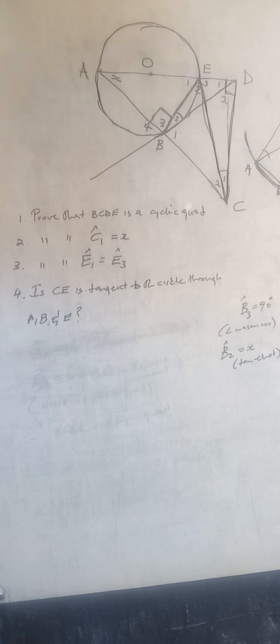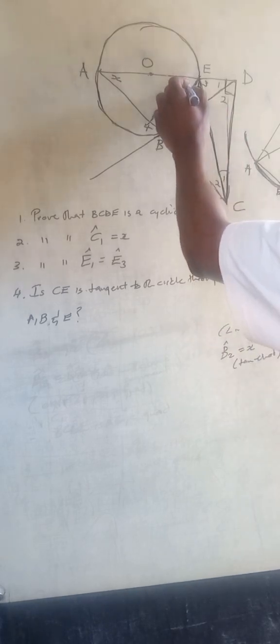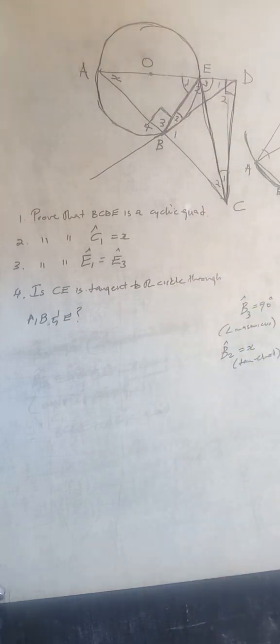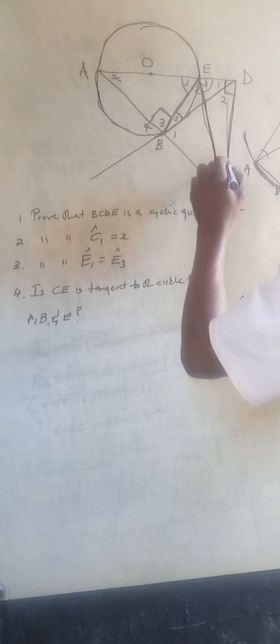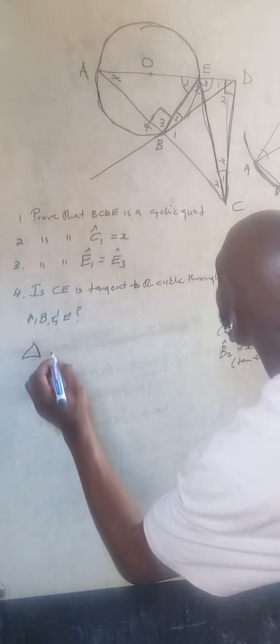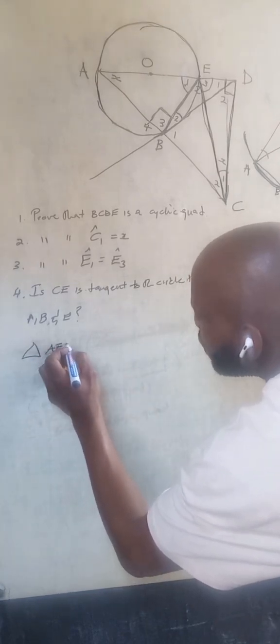Prove that angle E1 is equal to angle E3. Angle E1, prove that this angle E1 is equal to this angle E3. Okay, we just said this is x, and then if we look at triangle AEB, this triangle inside the circle, you can see